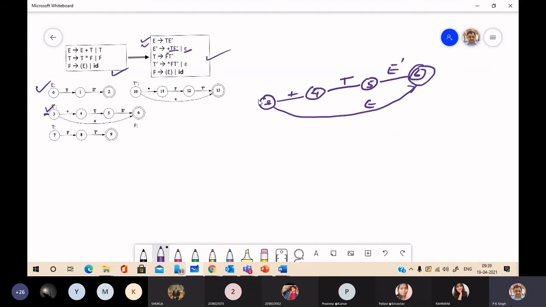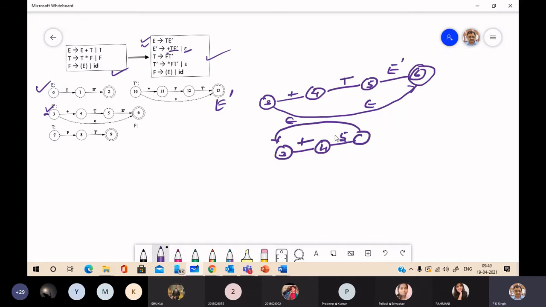Now see, this is the transition diagram for E dash. What we can do is simplify, because after 5 we have to repeat E dash again. So we can write like this: 3, 4, 5, and back with an epsilon transition to E dash.